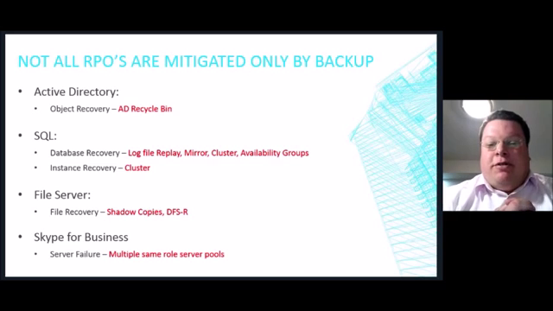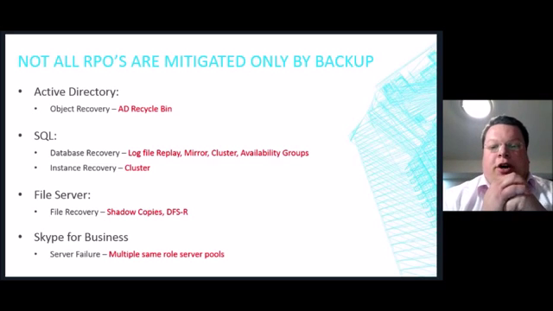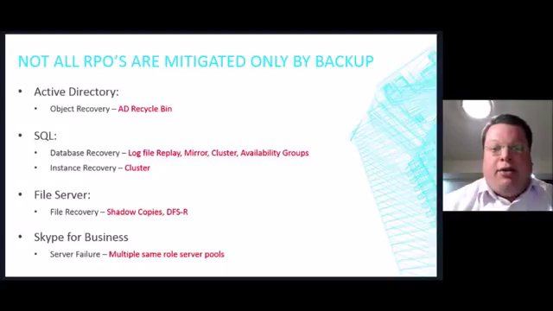Not all RPOs are mitigated only by a backup. So we don't want to wait for a failure of a system and then immediately restore from a backup. We want to be able to incorporate some kind of fault tolerance and resiliency within your network and within your deployment. So obviously with Active Directory, you've got multiple domain controllers that you can install that will replicate the AD